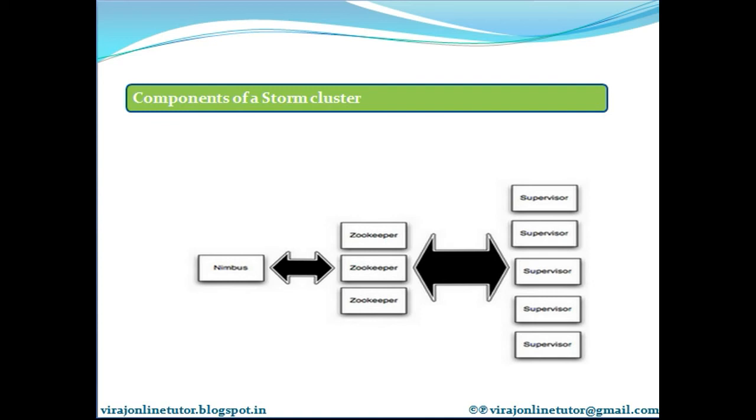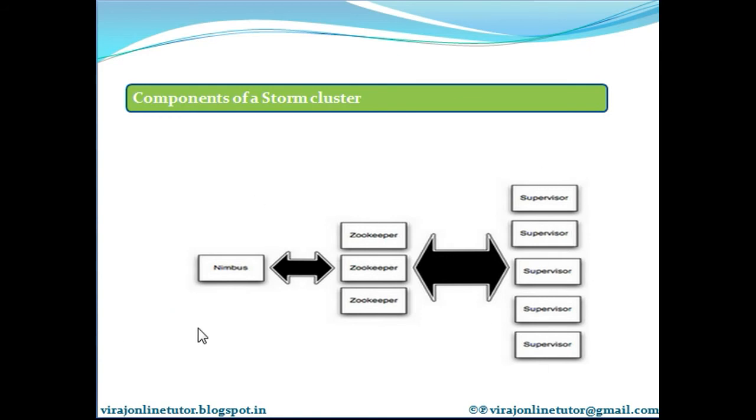There are two kinds of nodes on a Storm cluster: the master node and the worker nodes.